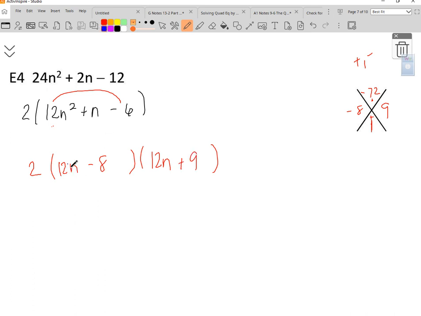And now that is not our final answer. 12 times 12 is not 24n squared, right? Or 12n squared. So now we're going to divide out the common factor, the 4 here. So now I'm going to go ahead and bring this down because I'm getting to my final answer now. 3n minus 2 times, what's the greatest common factor of the second parentheses? 3. 3n